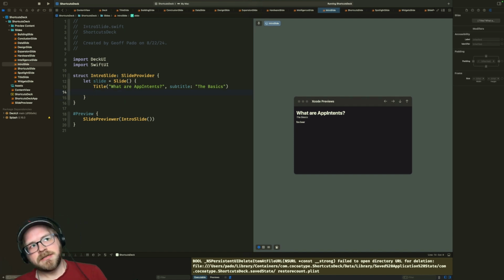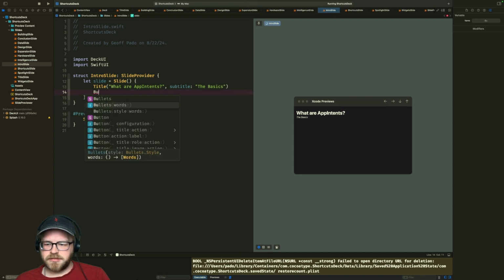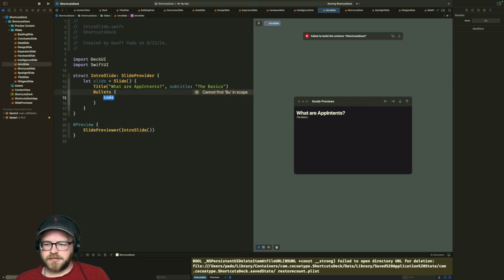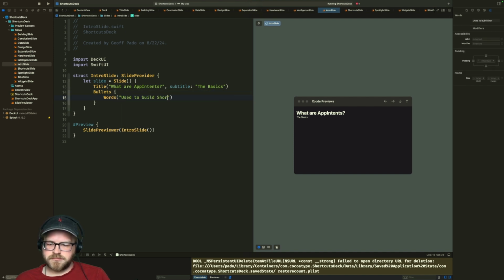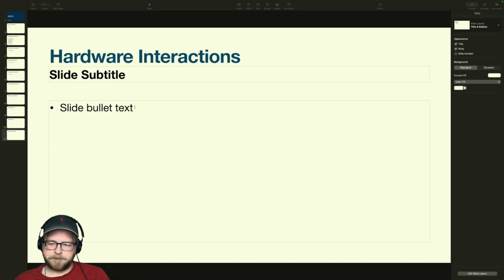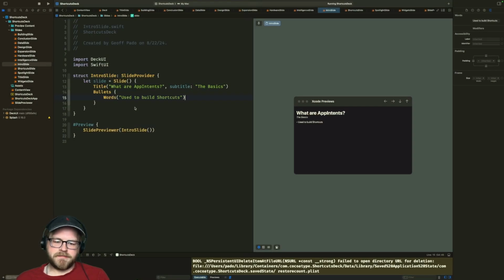App intents are a lot of things. They're used to build shortcuts. Defined in Swift code.